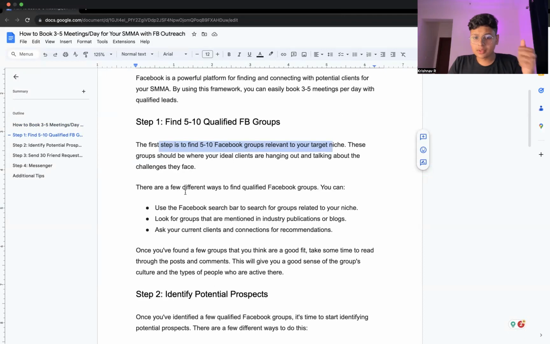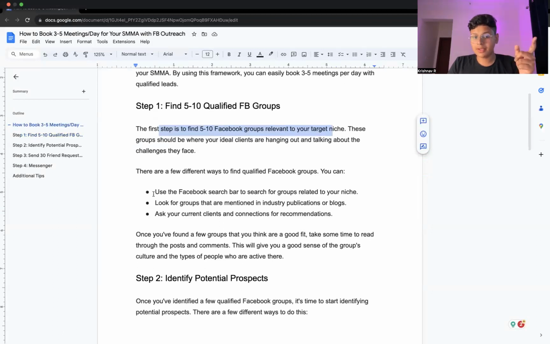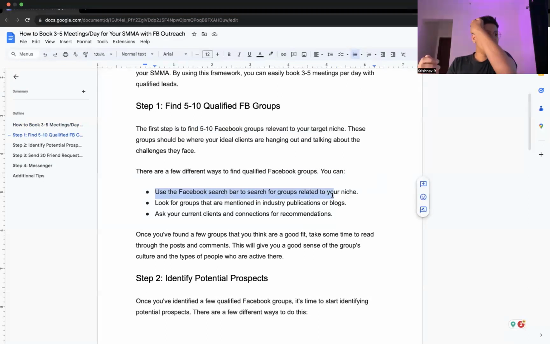Now, there are a few different ways to find qualified Facebook groups and leads inside these Facebook groups. Number one way is to just use the Facebook search bar to search for groups related to your niche. So if you're working with realtors, or for example e-commerce brands, you can find a lot of groups related to it. A common tool used in the e-commerce industry is Shopify, right?